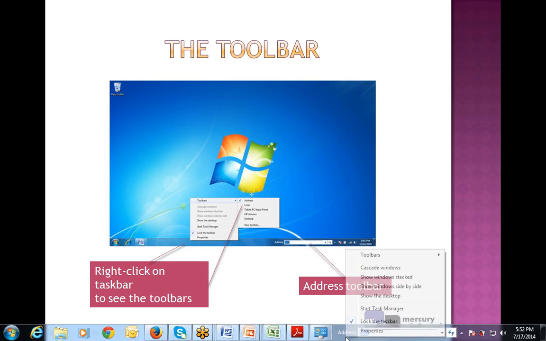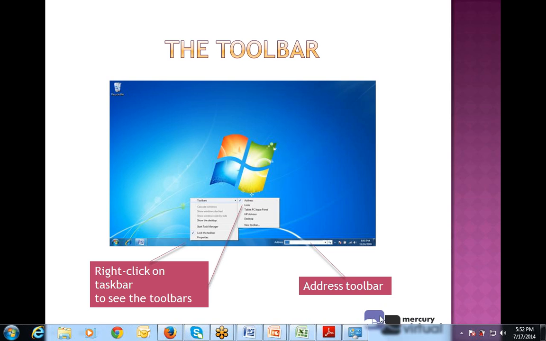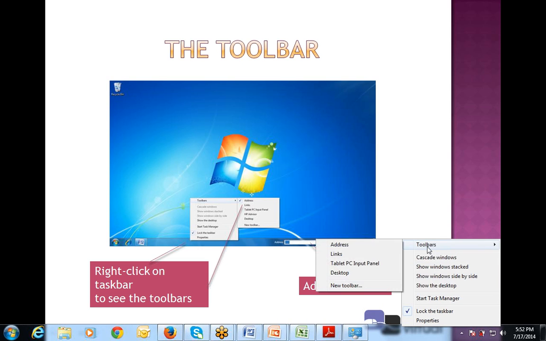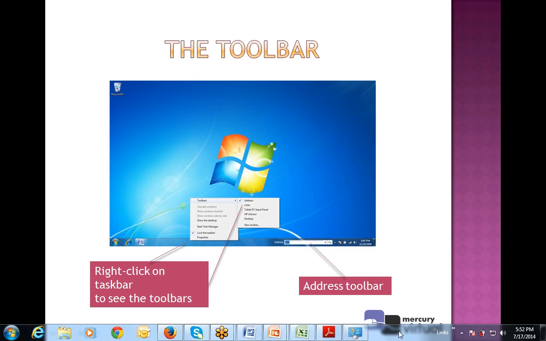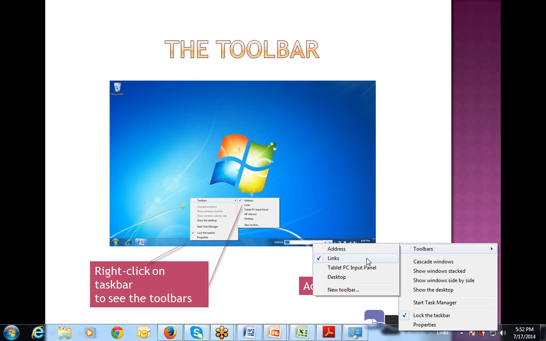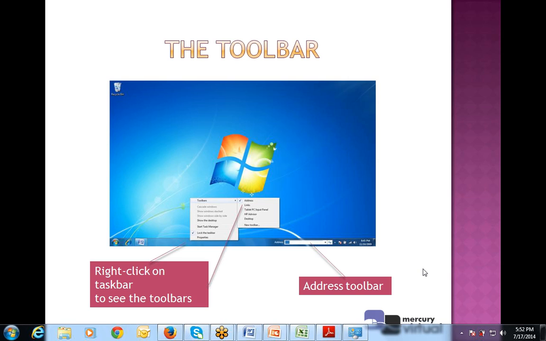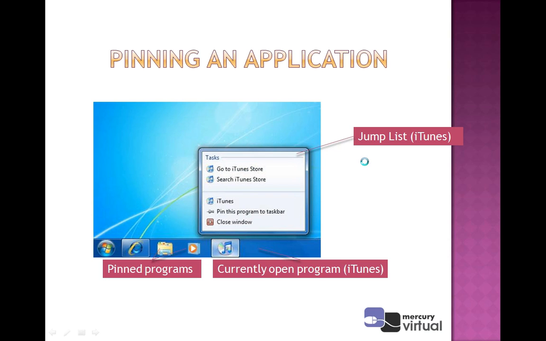I can use any toolbar. Let's say, for example, I am using links. So the links toolbar is available. This means if I want to access any toolbar, this can be done via the taskbar. Just check the box and options will be available. When you click on the box, a menu will be generated and this comes on the taskbar. Clear? Now let's see another slide.